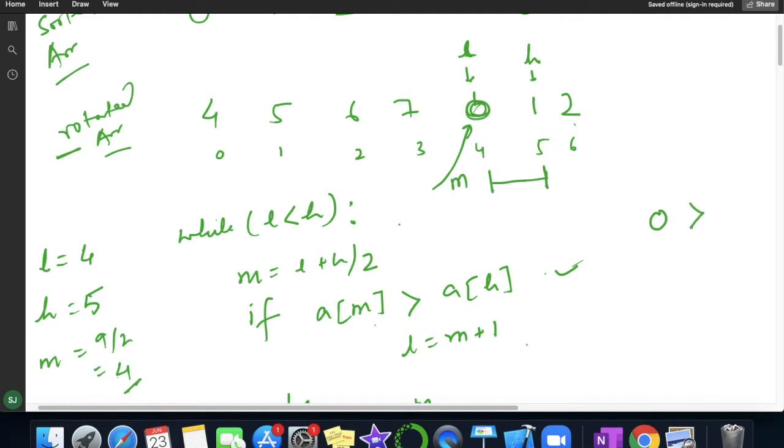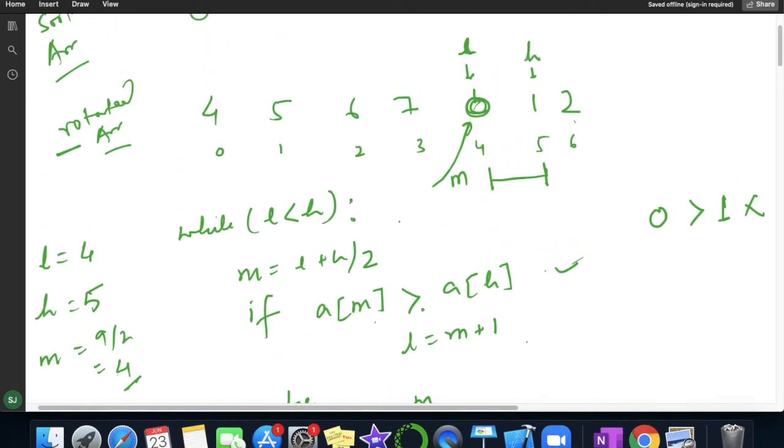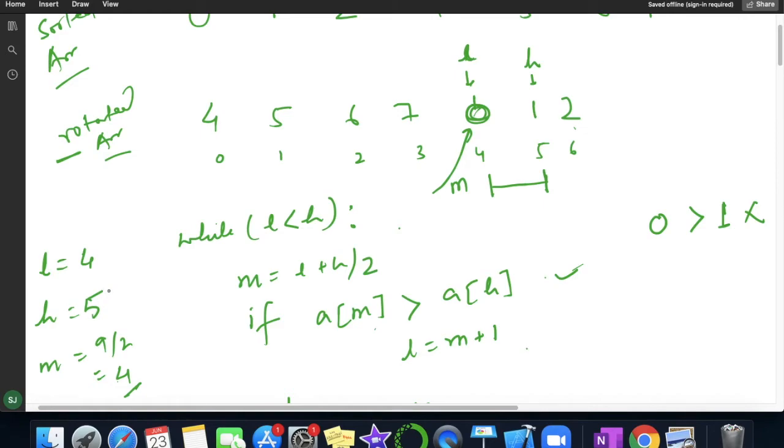Now is 0 greater than the value present at 1, means high, whose value is 1. So this is again false, so it will go in else. So else we have written high will move to m, so high will be changed to m. So initially my m was at index 5, now it will change to 4.